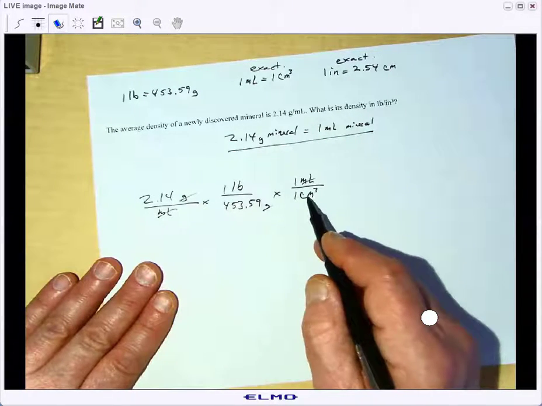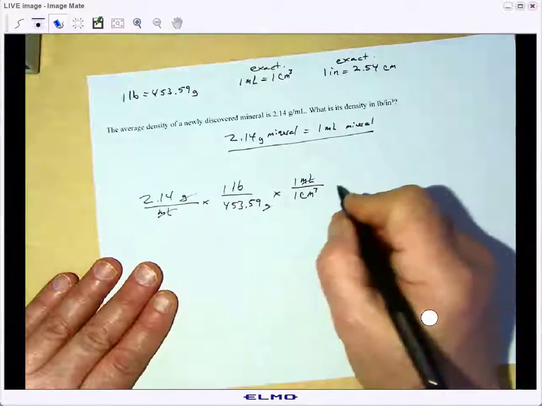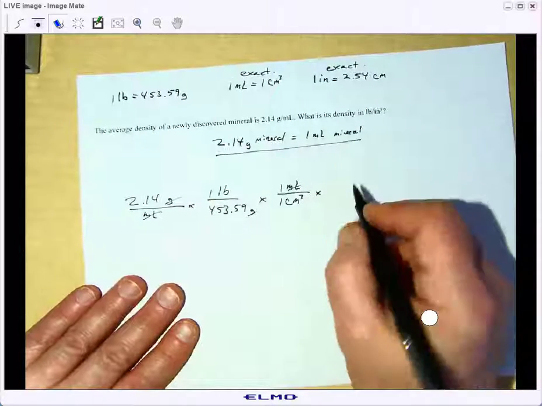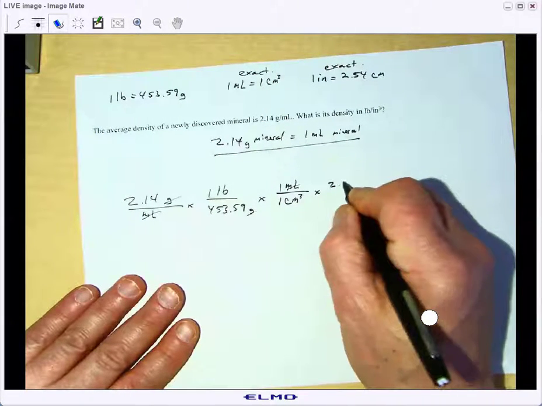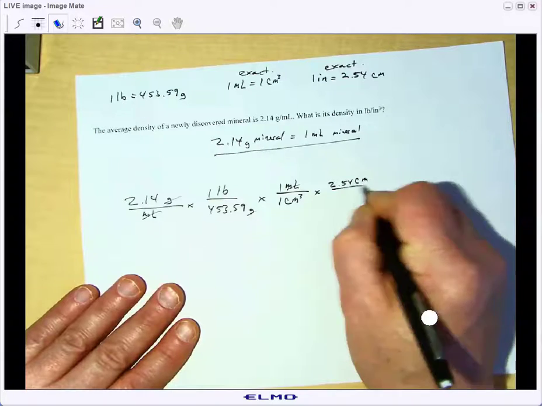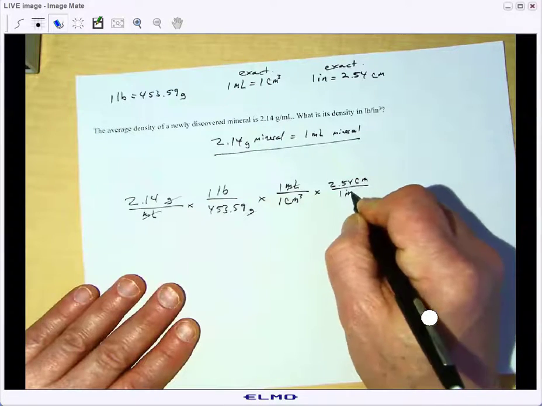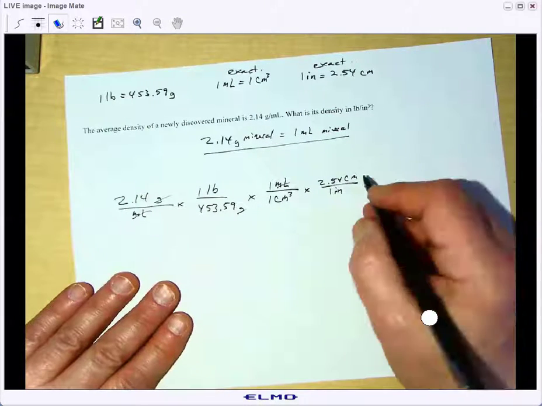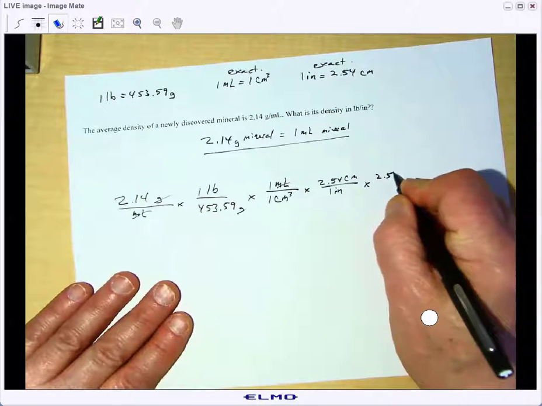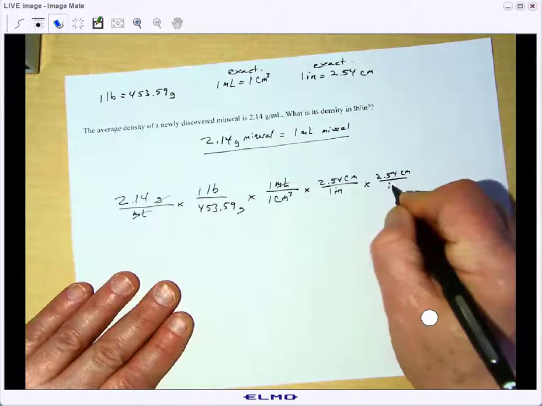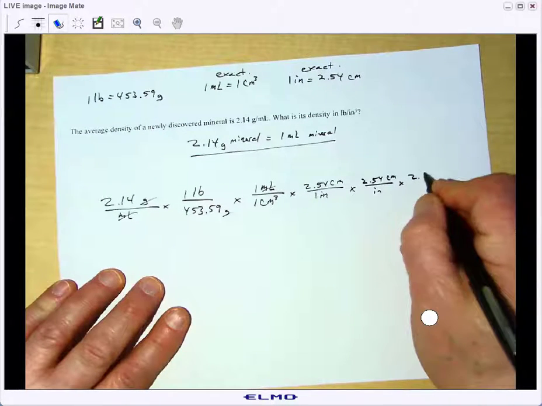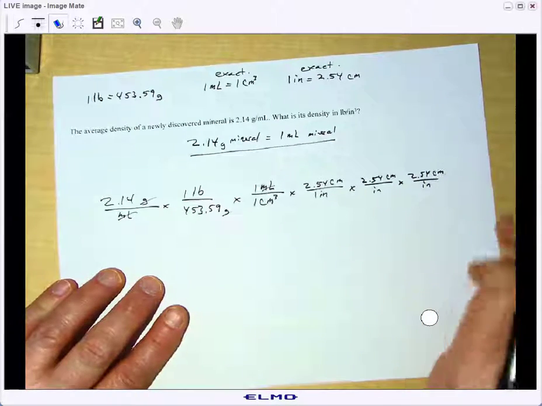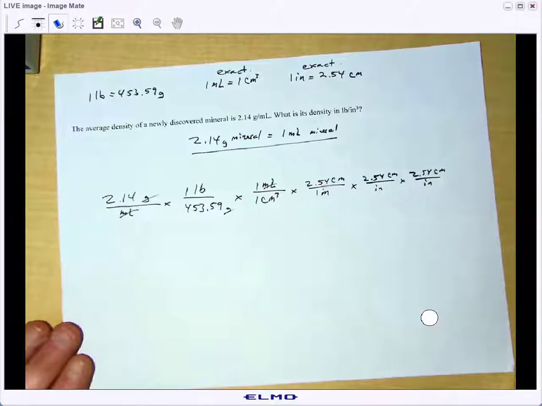Now we have cubic centimeters on the bottom, but what we want is inches. So let's multiply this by this conversion factor up here. And what we have is that 2.54 centimeters is equal to 1 inch. And we'll do that 3 times in order to get our cubic in there. So 2.54 centimeters per inch times 2.54 centimeters per inch. Okay? And when we do that problem,